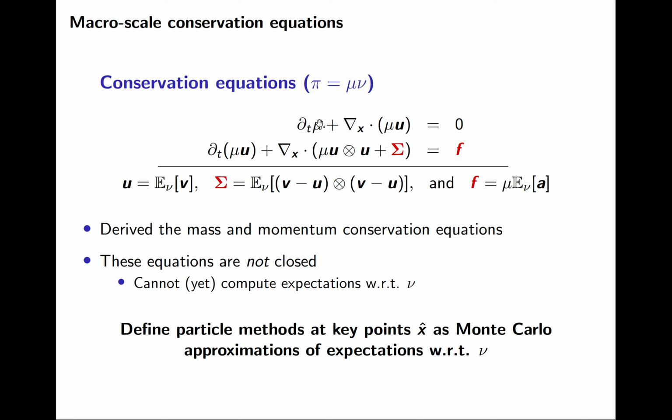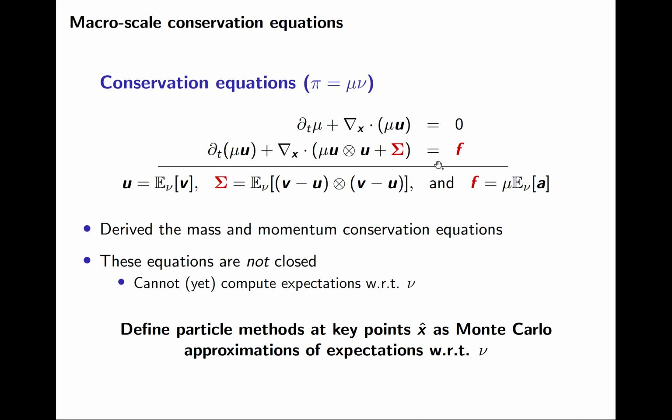This mass conservation equation has a time derivative for the mass density, and then additionally, as you would expect, an advection term where the mass is advected around the spatial coordinate by an expected velocity. This expected velocity is the first moment of the conditional density function over the velocity coordinate. This expected velocity, the macro scale velocity, can depend on the spatial coordinate x because this probability density function is conditioned on the location x.